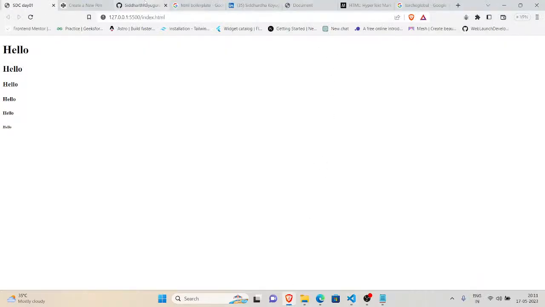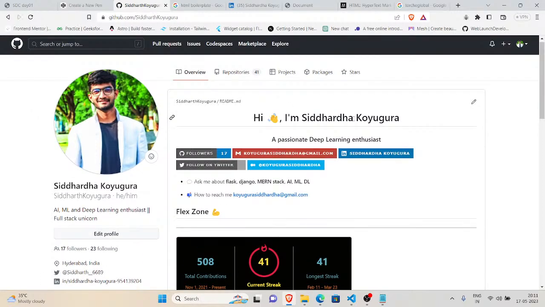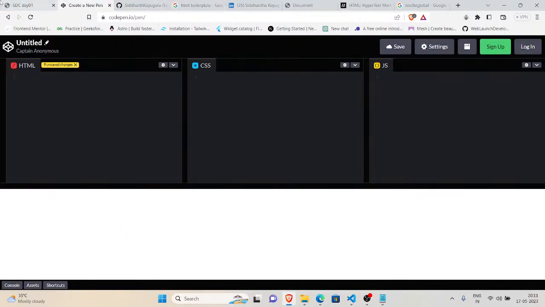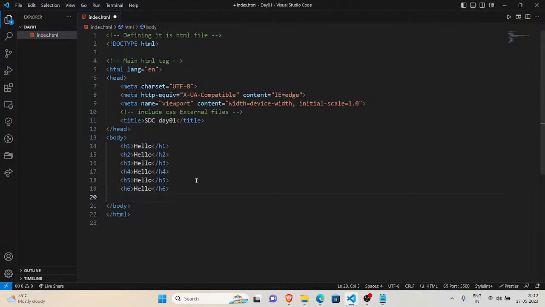These are the heading tags. Most of the websites use them in the top buttons. Like here it is an H1 tag. Here it is an H2 or H3 tag. Here it is an H2 tag. For these headings we use heading tags. And there is one more tag for the content purpose that is known as the paragraph tag.